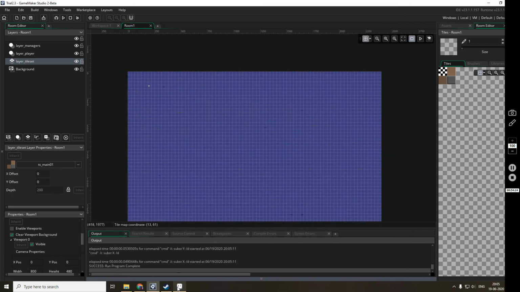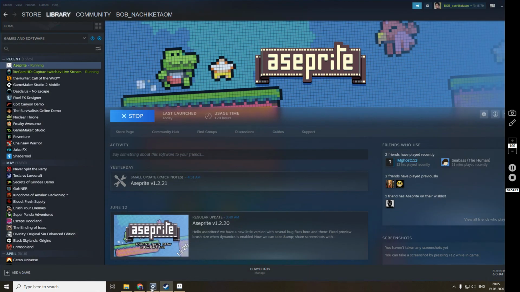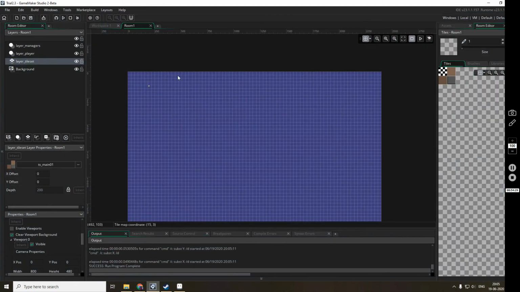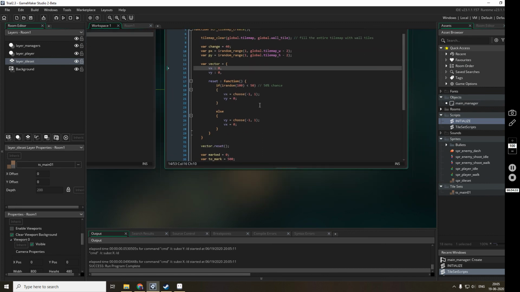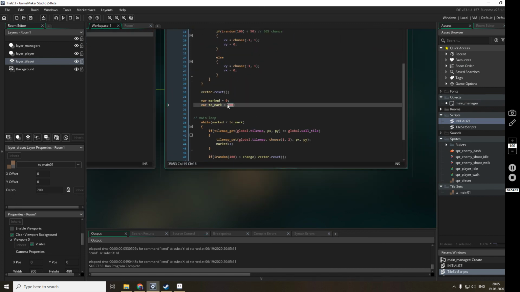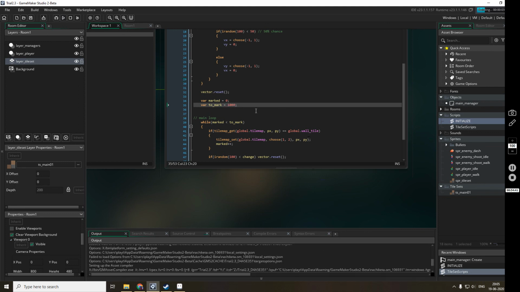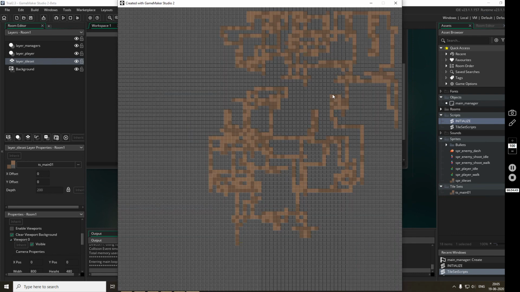Like right now we are just giving 2 mark is 500, but if I am increasing this to 1000, then the map will be very much different. Yeah, see, now we have marked more cells as ground. So this is a bigger play area, and see, as I have told, the wall tiles are not touched. Okay, now we'll start the coding.